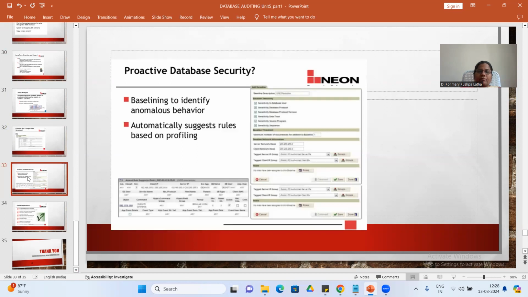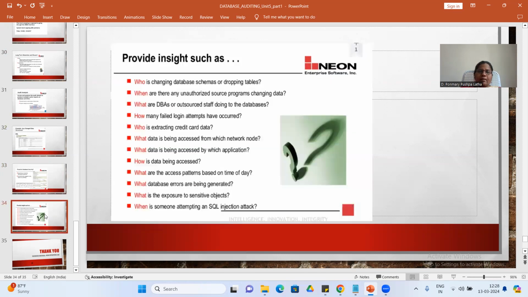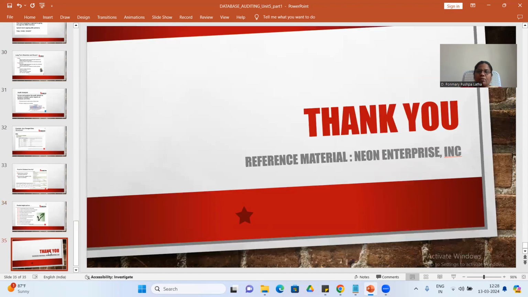Proactive database security: you can identify anomalous behavior, a user who is different from the others, analyze it and keep their record. If a person does something wrong, you know it as an administrator. Overall, who is doing what, when they are doing it, how they are doing it, these things have to be tracked. So thank you all.